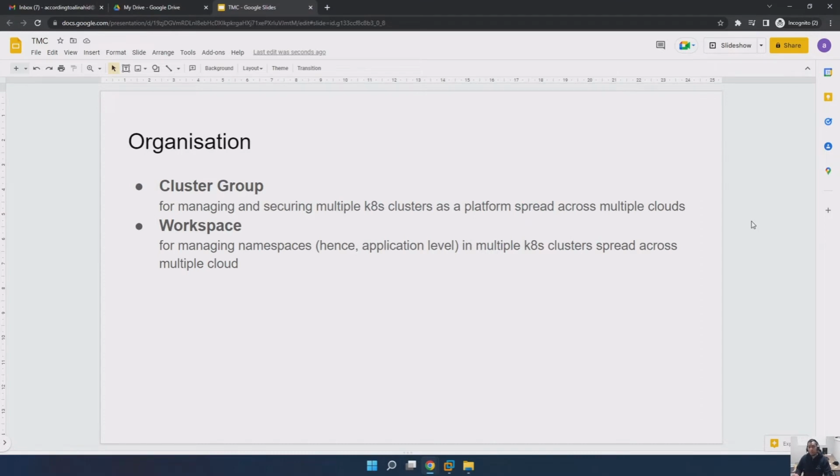All right, so organization. Organizing the Kubernetes clusters and their namespaces is super important when we are dealing with a fleet of Kubernetes clusters. And that's where the concepts called cluster group and workspace come into play. In cluster group, as the name suggests, it is where we can group multiple Kubernetes clusters, the actual clusters, in a group. And the reason we do that is so we can operate or apply governance and security policies